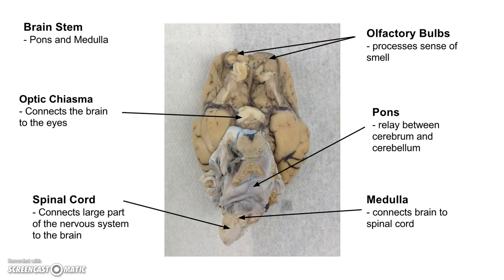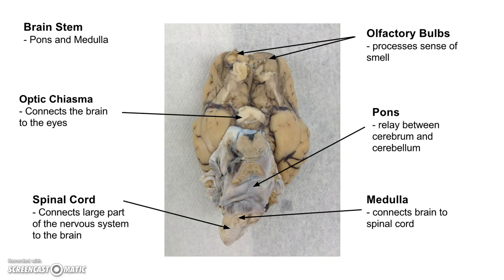The optic chiasma connects the brain to the vision and the eyes. The spinal cord connects a large part of the nervous system to the brain and sends messages to the body. The olfactory bulbs process sense of smell, the pons relay between cerebrum and cerebellum, and the medulla connects the brain to